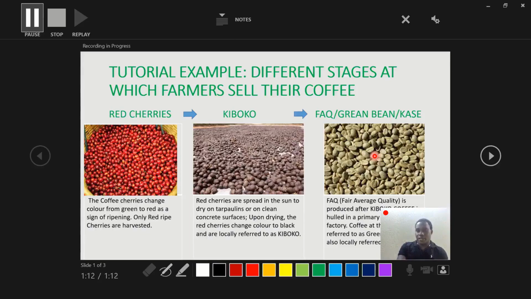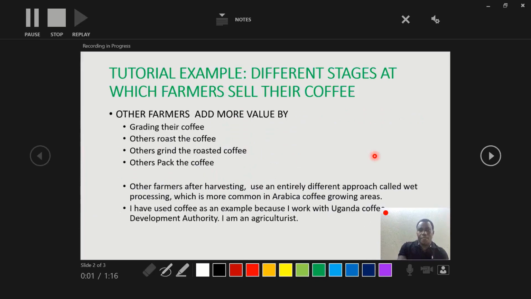Locally it's called kase. Other farmers add more value by grading their coffee. Others roast the coffee. Others grind the roasted coffee. Others pack the coffee. Other farmers, after harvesting, use an entirely different approach called wet processing, which is more common in Arabica